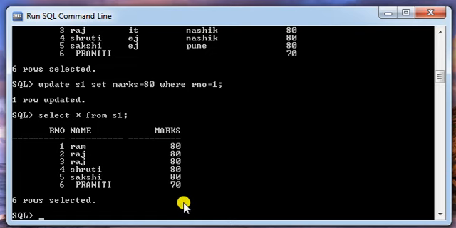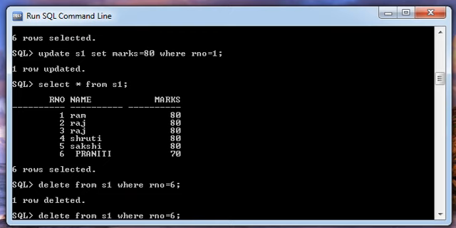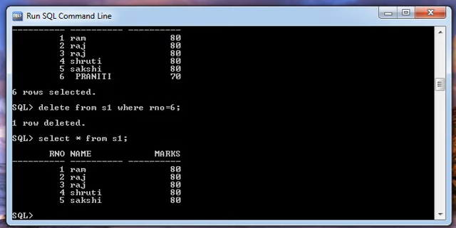Then after that, to delete the data from the view, let us delete roll number 6. So here I am using the command delete from S1 where roll number is equal to 6. And now I am showing the contents again. So 6 is deleted.